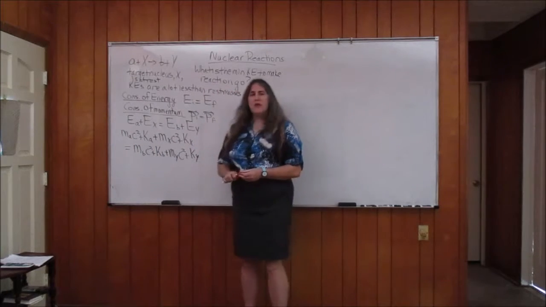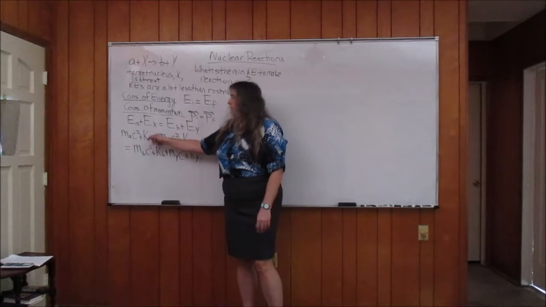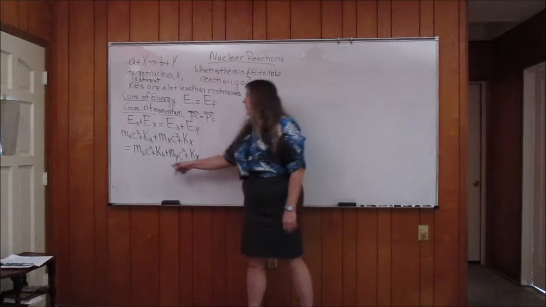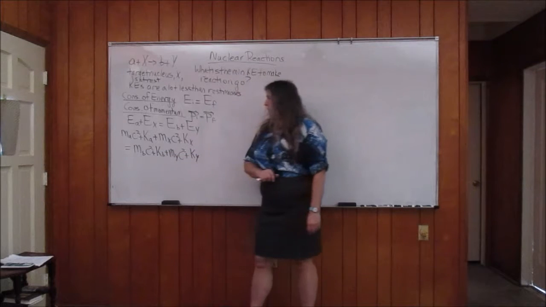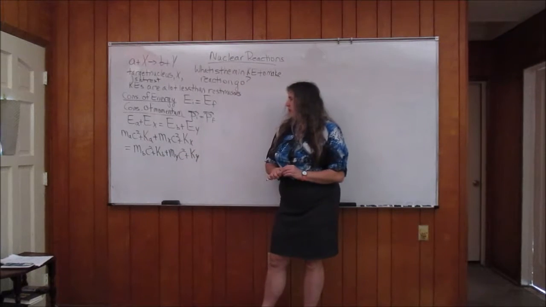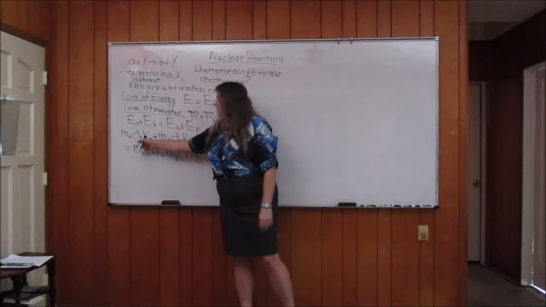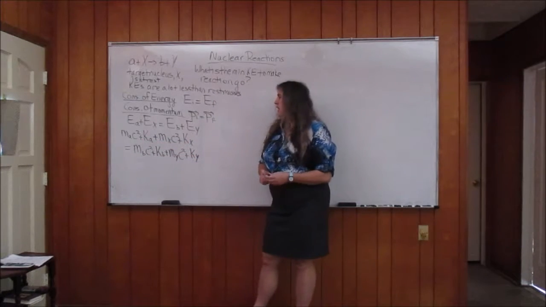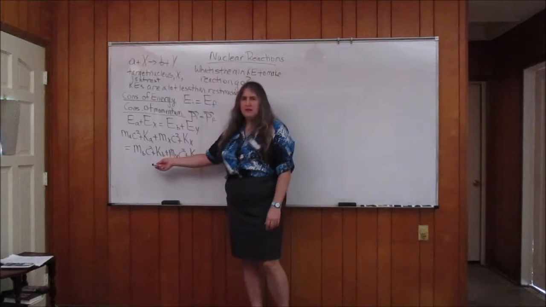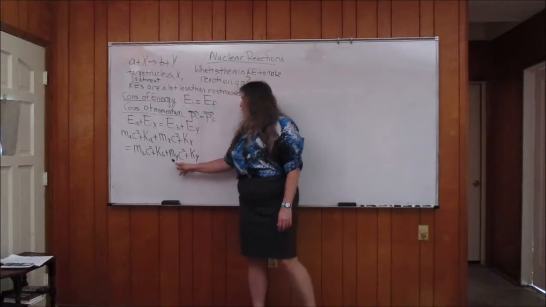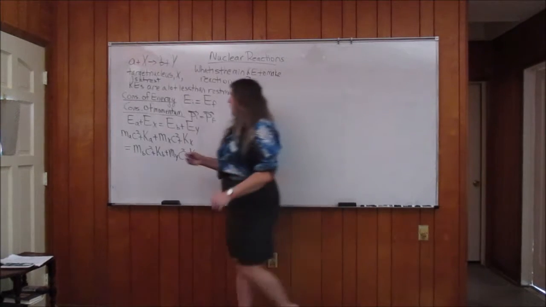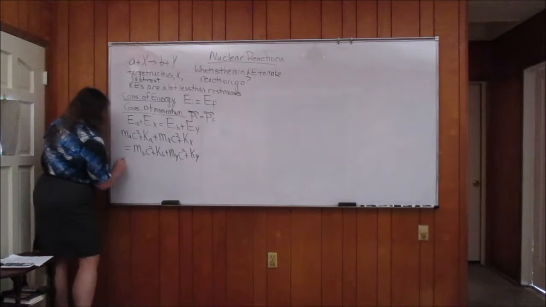On the left-hand side, we have MAc squared plus KA plus MXc squared plus KX is equal to MBc squared plus KB plus MYc squared plus KY. Now remember, we just defined the reaction energy